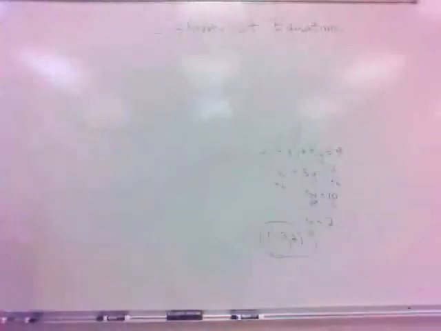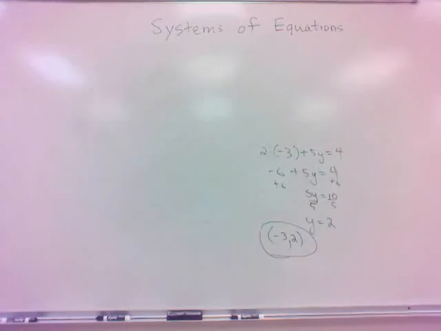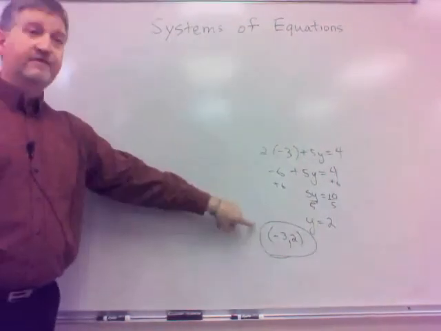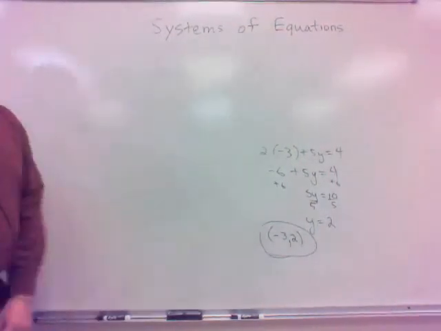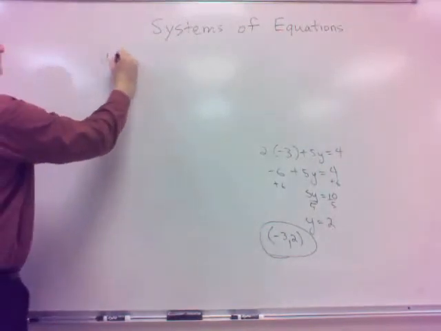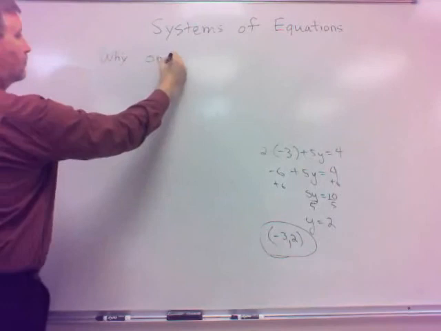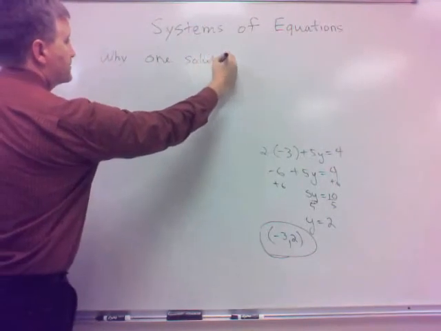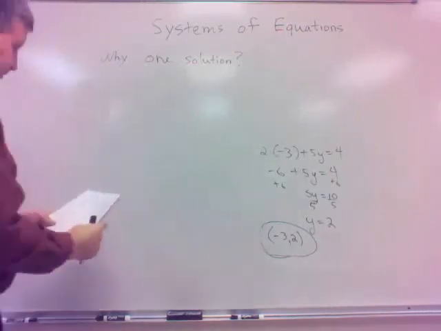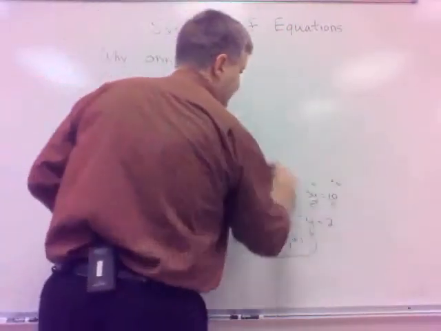And what I was going to try to talk to you about here is why we are getting what we're getting as far as the number of solutions. Each one that I've worked so far, I've gotten one solution. Why is that? Or can we kind of visualize that? So why are we getting one solution on the previous ones? Well, let's take a look at